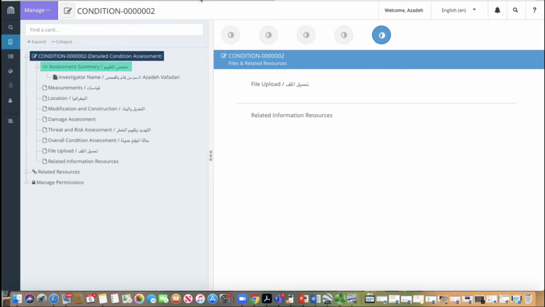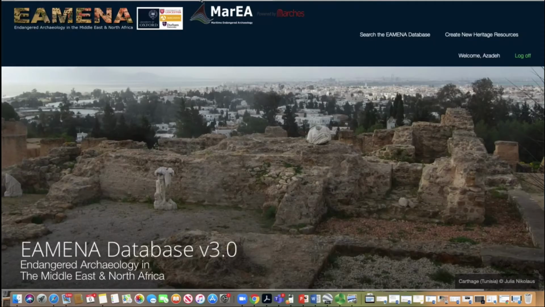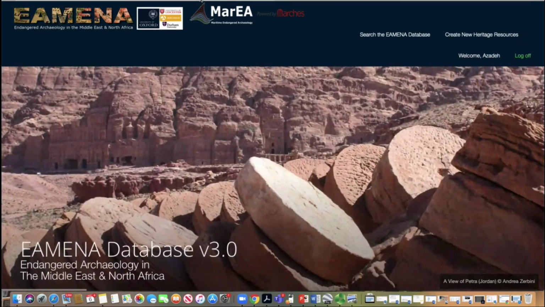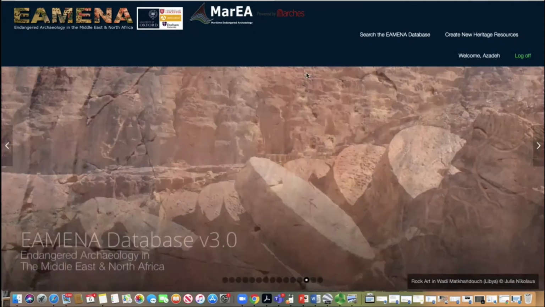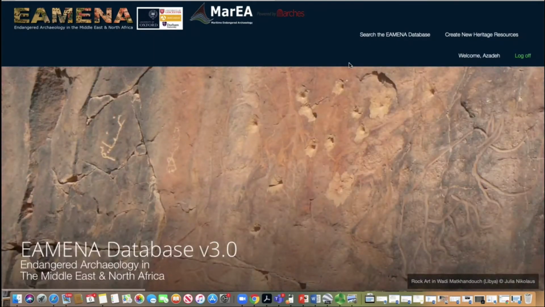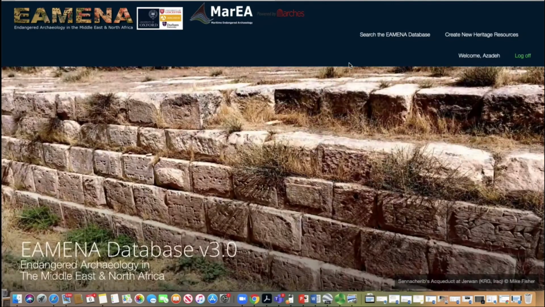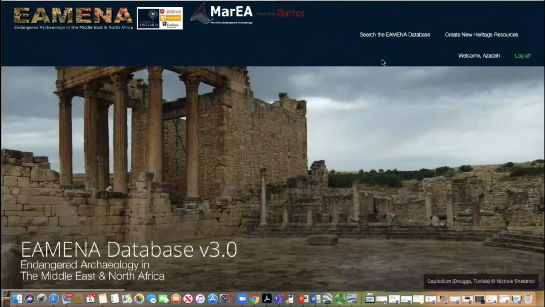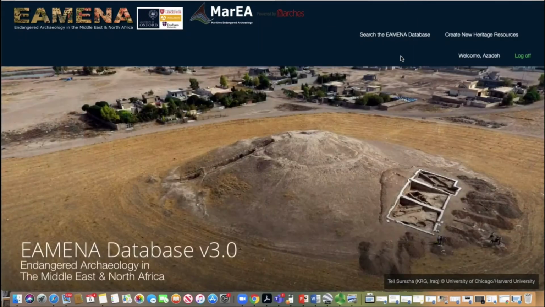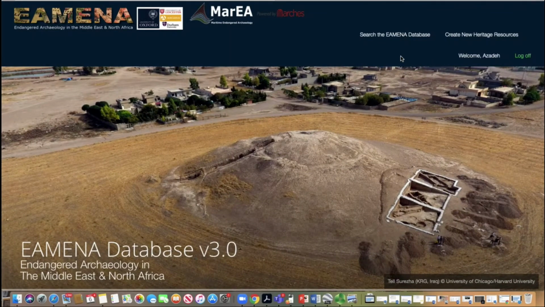and that's where you create your detailed condition assessment record from scratch and then relate it to the relevant heritage place or build component. That is done from the assessment summary card, which I'm going to show you. But you have to note that this method can only be used if you're doing your detailed condition assessment for your build component, or if it's for the heritage place, it needs to be only from one heritage